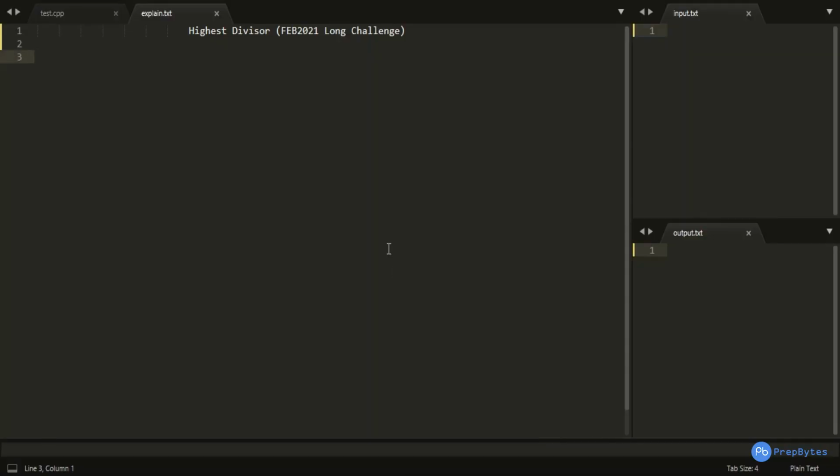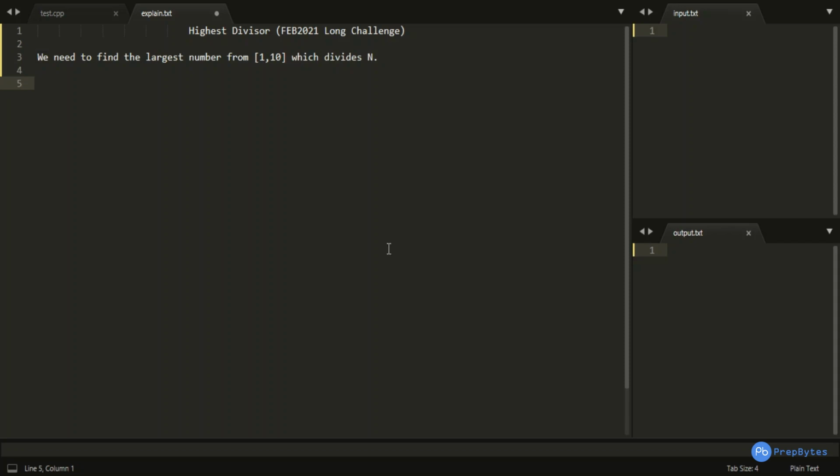Okay. So here we need to find the largest number from this particular range 1 to 10 which divides n.